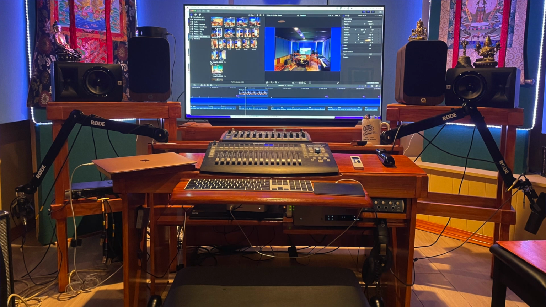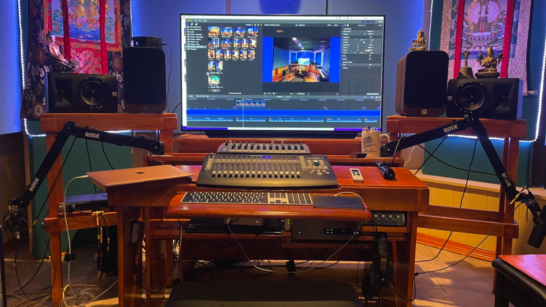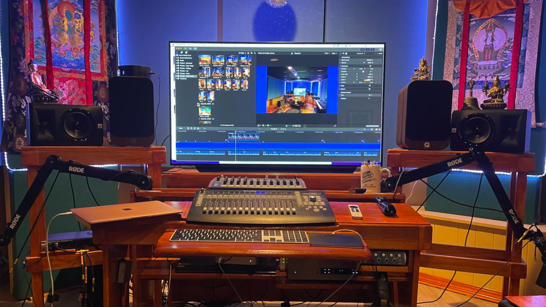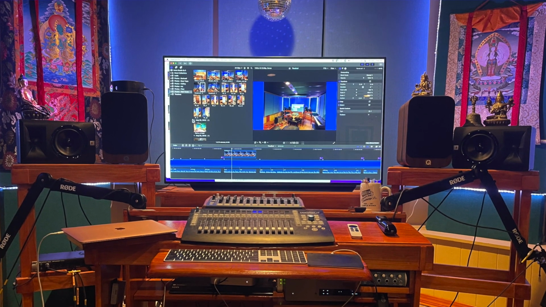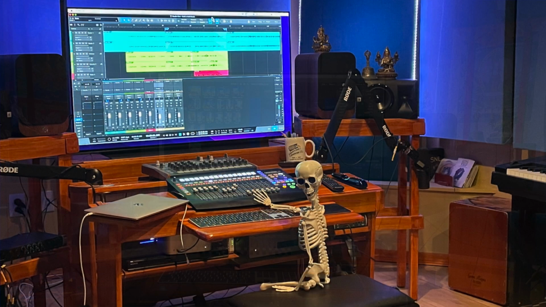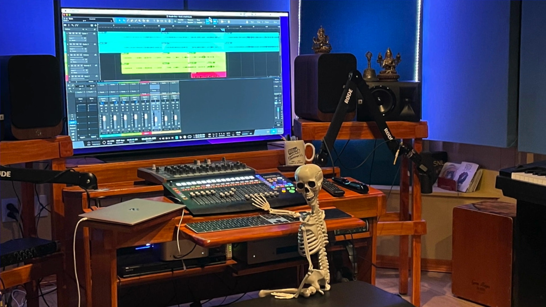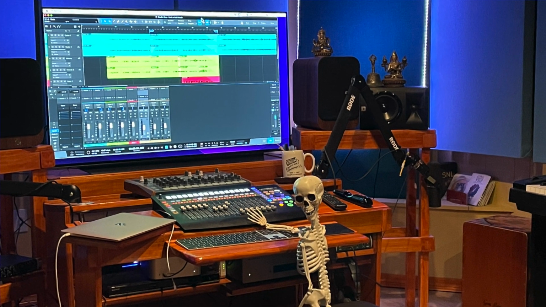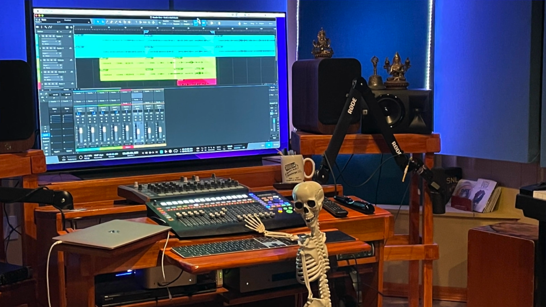My monitors are positioned at ear level relative to my sitting position at the desk, slightly angled in, but pointing a little bit past my ears. If I need to, I can easily reach forward and angle them laterally. They are also positioned equidistant to my ears. You don't want one speaker further away than the other, as the sound waves would reach your ears at different